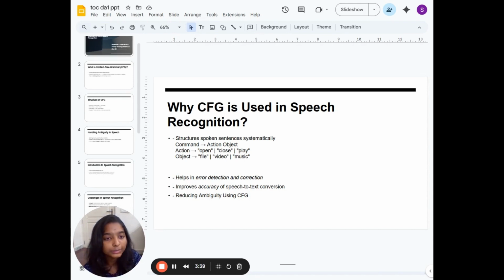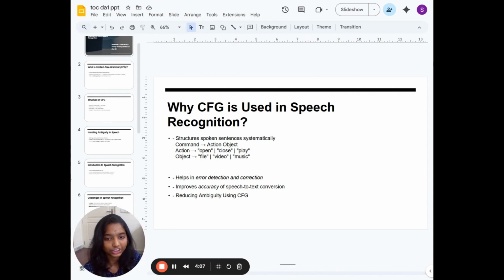Action non-terminal in turn produces open or close or play terminals, and object non-terminal produces file or video or music terminals. Using these rules, the system can recognize commands like open file, close video, or play music, knowing exactly what the user wants. And also, the CFG helps in error detection and correction, and it also improves the accuracy of